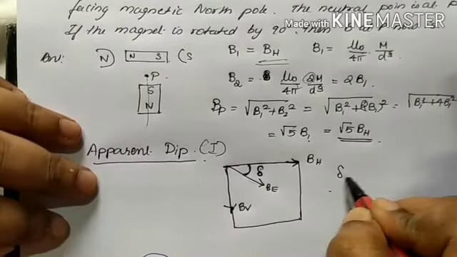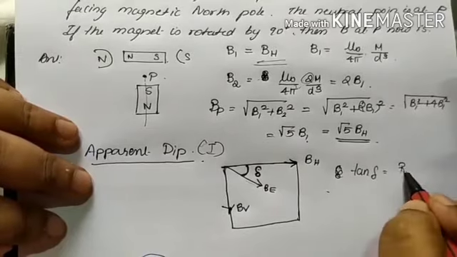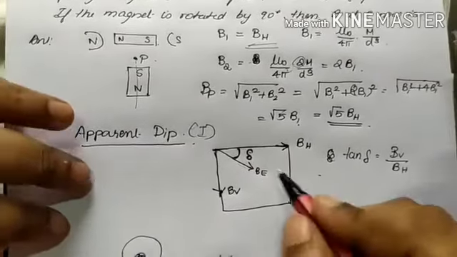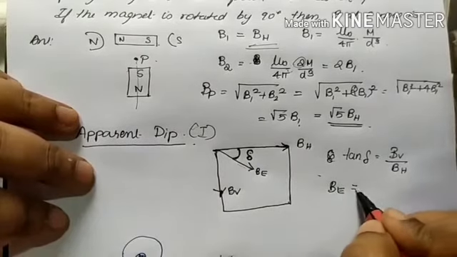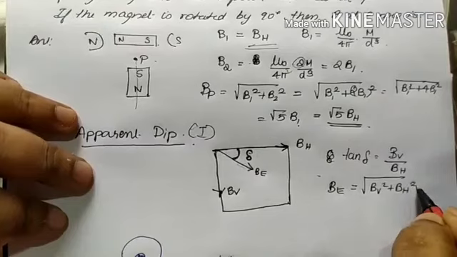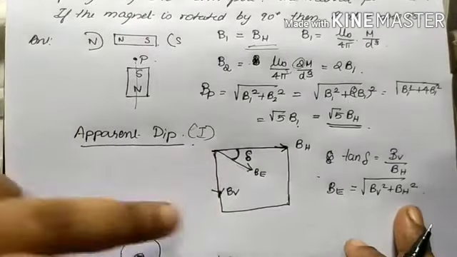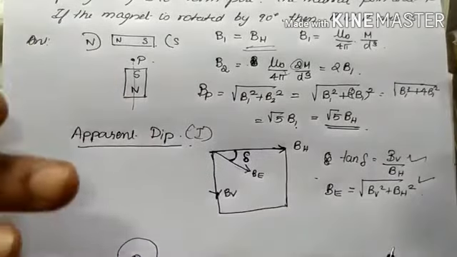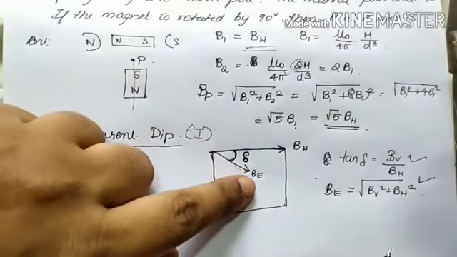Sometimes it is del or it is I dash, it's okay. And there is a relationship, I hope you remember, that tan delta is equal to BV by BH. We have taken it earlier, and I can write B squared is equal to BV squared plus BH squared. This is also easy to understand, as per our initial portion, guys. These two equations I have taken. Please understand them, and if possible, you are supposed to learn them by heart.